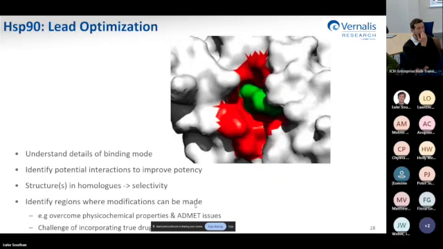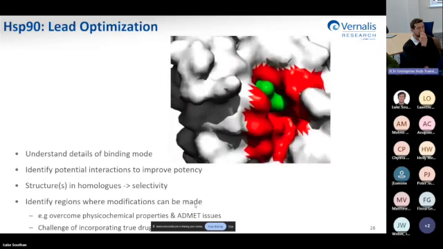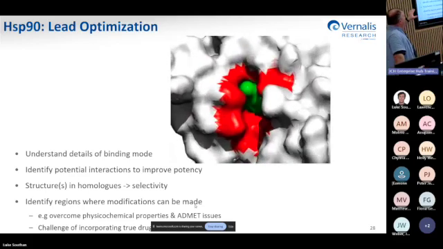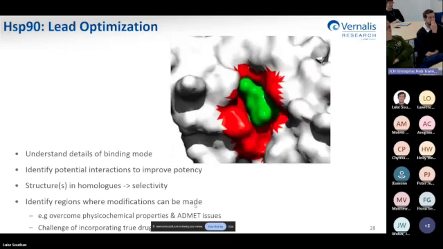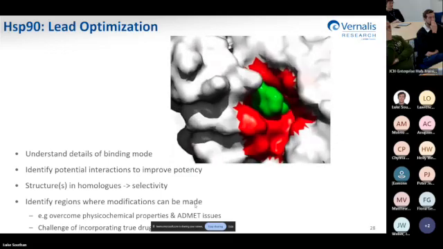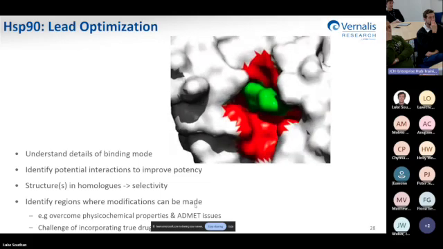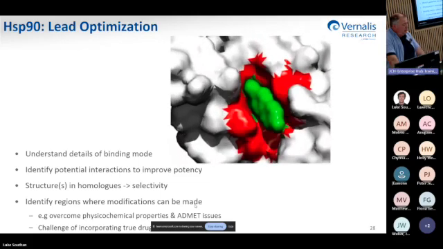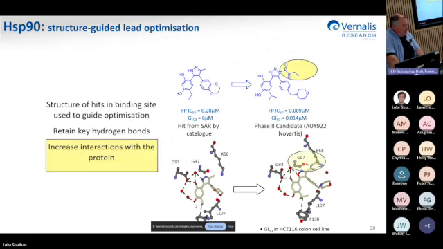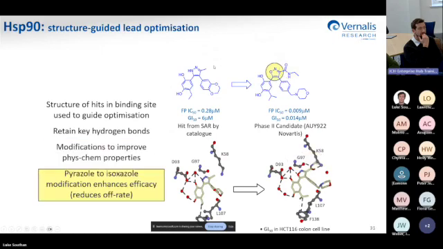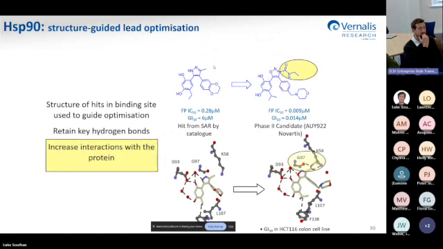So understand, and I apologize for this ancient picture, ancient cartoon, but it's showing the idea that you can grow it. You understand the structures. You can guide particular regions of the compound that aren't interacting with the protein to try and optimize those other parameters. So for instance, by growing out, we said that selectivity handle, not the selectivity handle, the potency handle, that methyl,